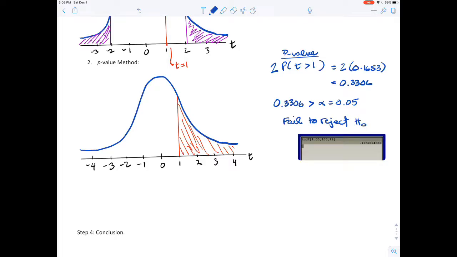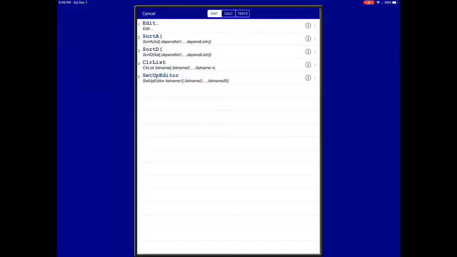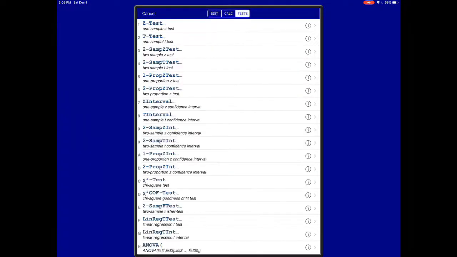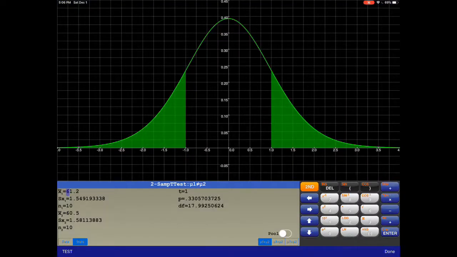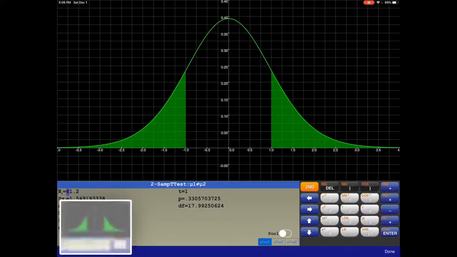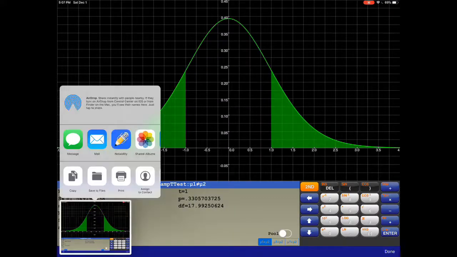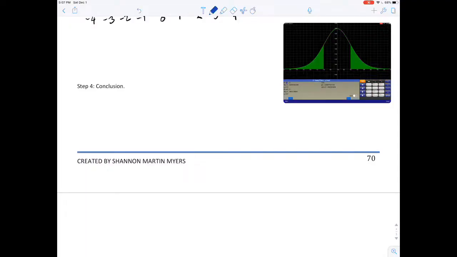So if you go now to stat, test, and if you go to 2-sample t-test, oh, lo and behold, let's see what we get. Pretty good, all right? Notice their different degrees of freedom, but this is a real good visual for what we just did. So in conclusion, we would say